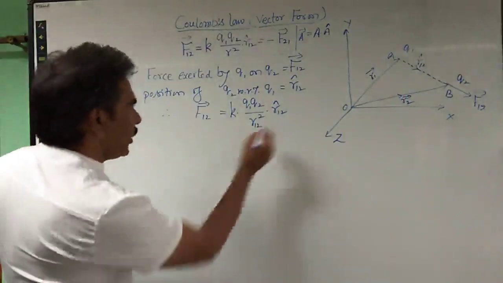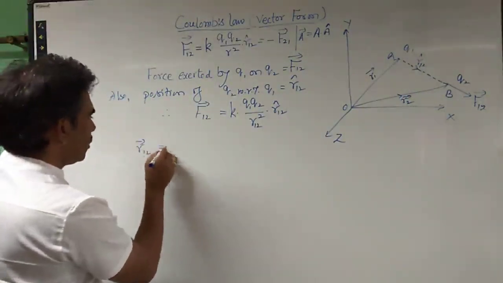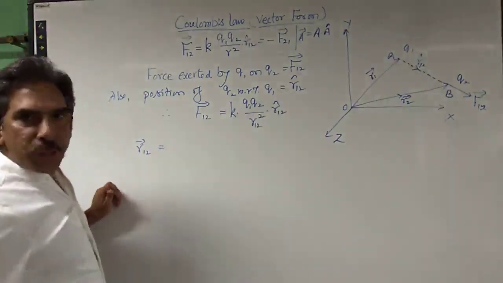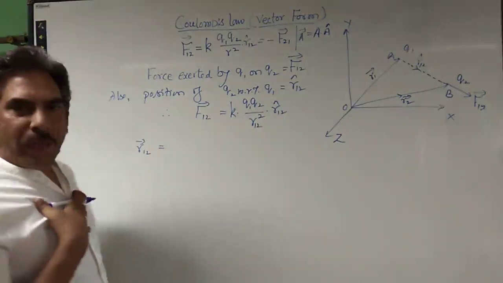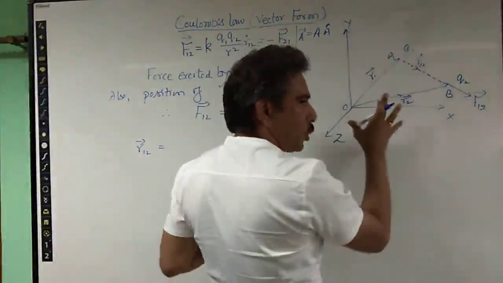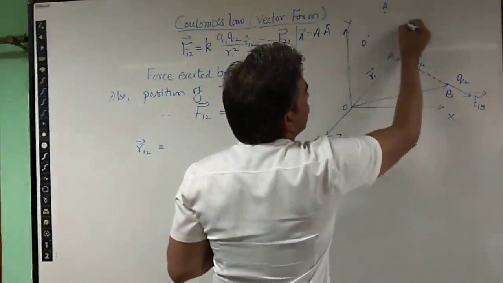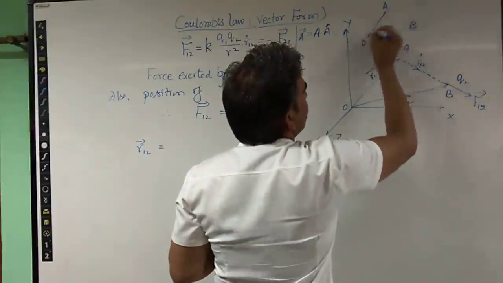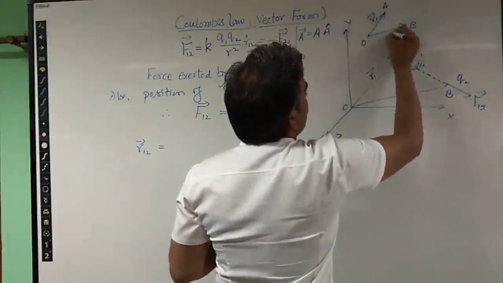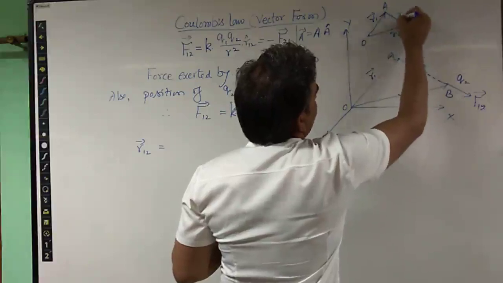So we can write R12 as the position of charge q2 with respect to A, as we have to apply here the triangle law of vector addition. So I can draw this triangle in this particular situation separately. Here is point O, this is point A and this is point B. Forget the charges, remember the points here. So this is R1, this is R2 and this is the vector in this direction which is R12.